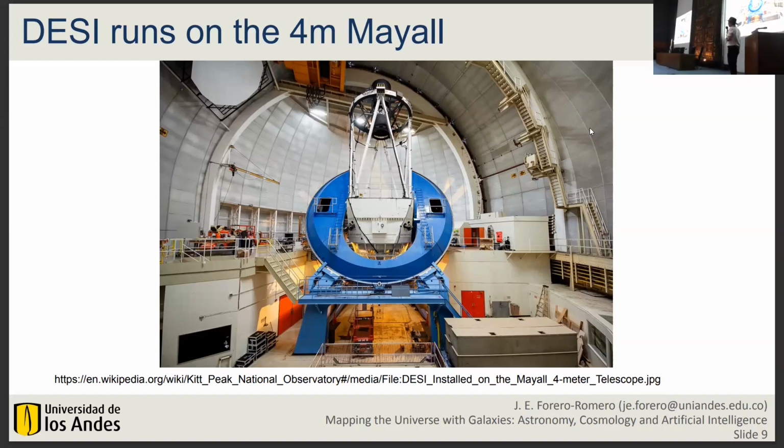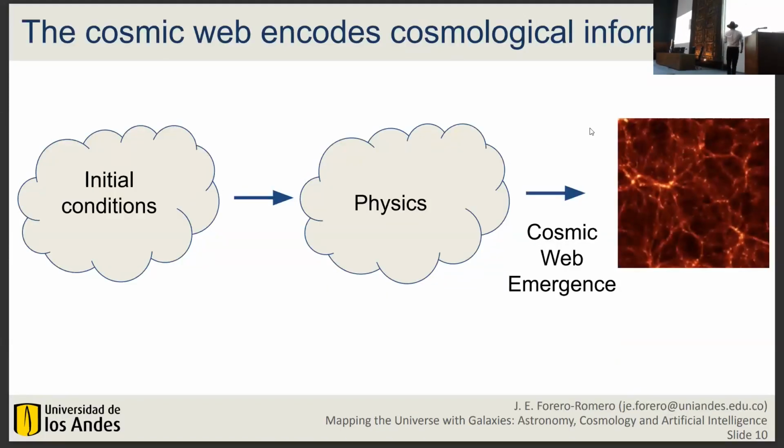And the third aspect that is very helpful in DESI is basically artificial intelligence, but I will go deeper into that afterwards. I want to now take this conceptual view of what we are doing. If we take the point of view of someone running a simulation, we start with some initial conditions, matter distribution, the amount of matter, or matter and energy contents, and then we assume some physics that are going to evolve these initial conditions into the present.